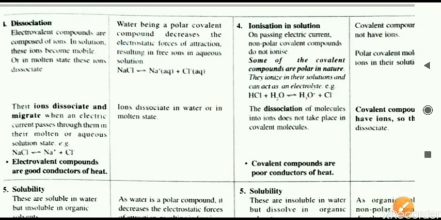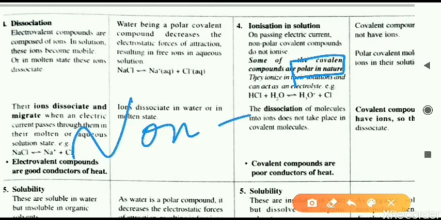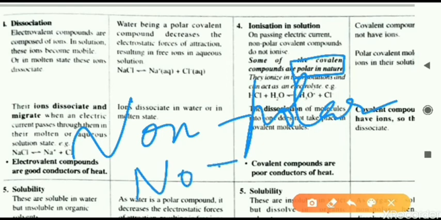Next one, now ionization in the case of the covalent compounds. In covalent compounds, as they do not have any ions and are formed of molecules, they will generally not ionize. But there is a condition there. The covalent compounds are of two types, polar and non-polar. So non-polar covalent compounds will not ionize. You have to remember, non-polar, there is no ionization. They will not ionize in water.